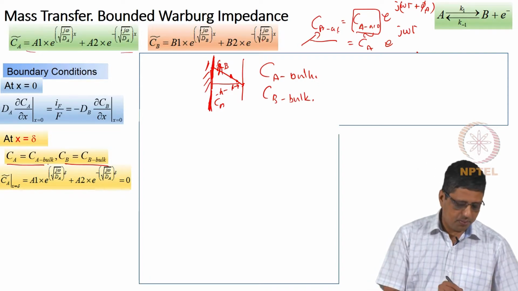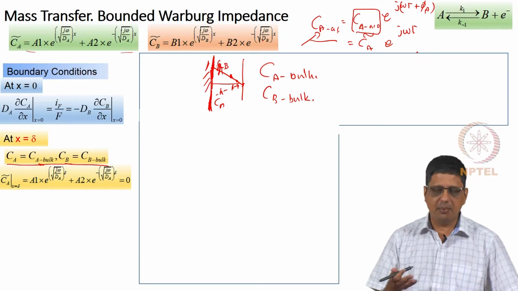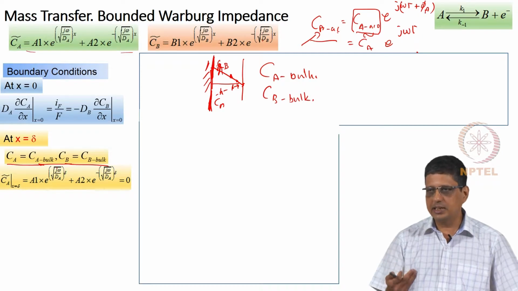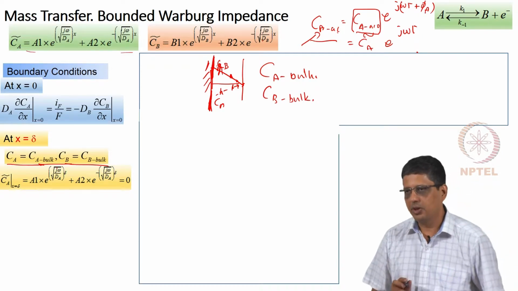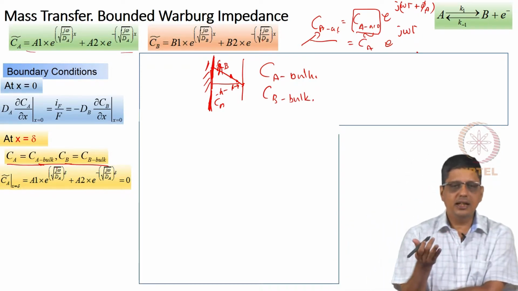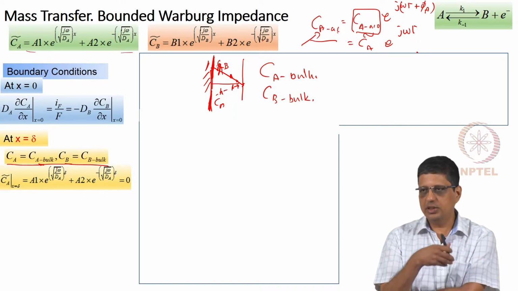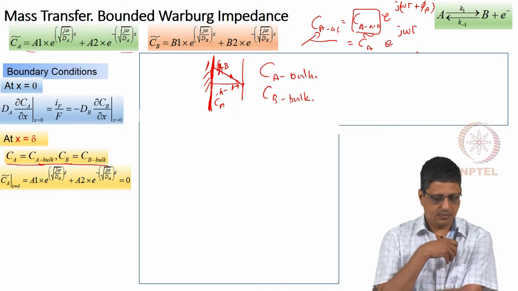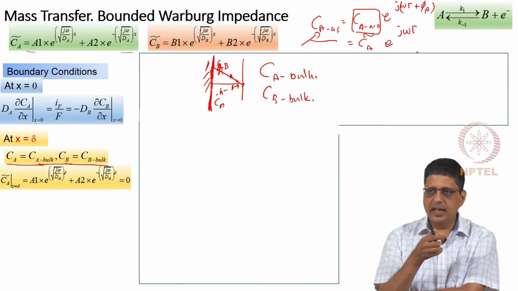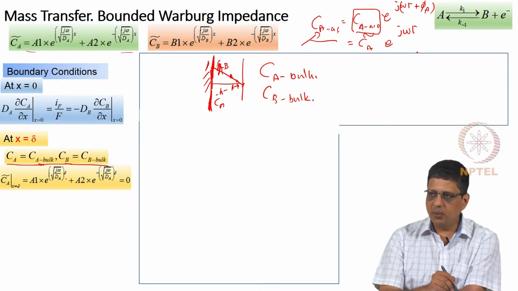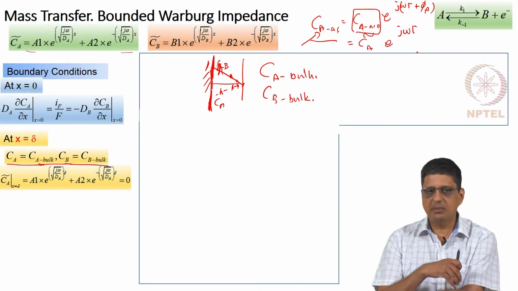So, let us put this, we are going to solve it for Ca, and then if you solve for Cb you are going to get a similar thing except with the negative sign. So, we want to calculate A1, A2 using these two boundary conditions. Can you try this? In the earlier case, when x equal to infinity, we could say A1 has to be 0 because otherwise it goes to infinity. Here you will have to solve these equations by solving them simultaneously.